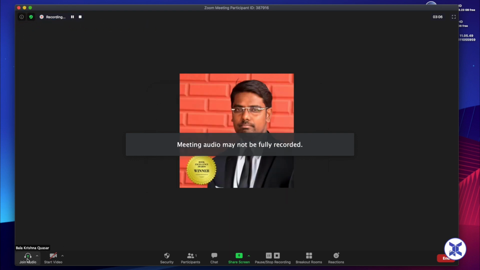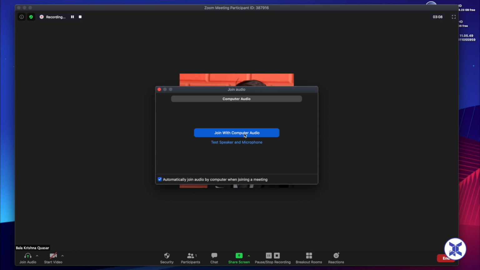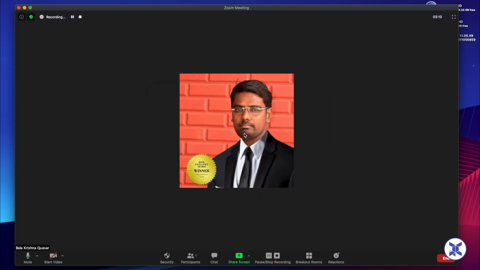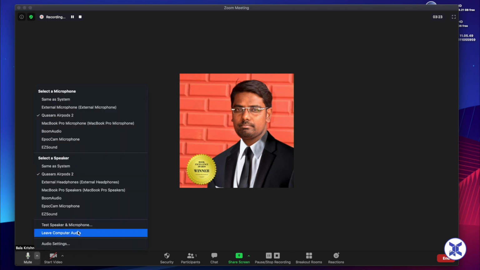Now let me close this and just click on it. So now I'll just click on join with computer audio. The moment I click on join with computer audio, automatically I'll be able to listen to what the host is speaking. If you are not able to listen, the first thing that you need to see is whether this particular